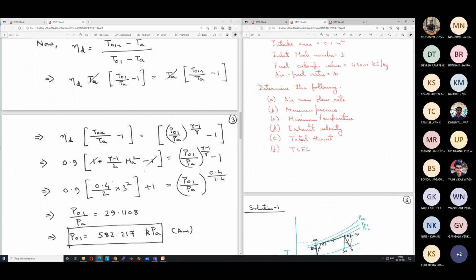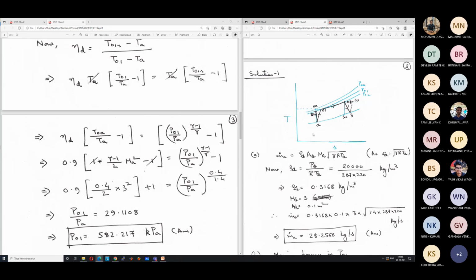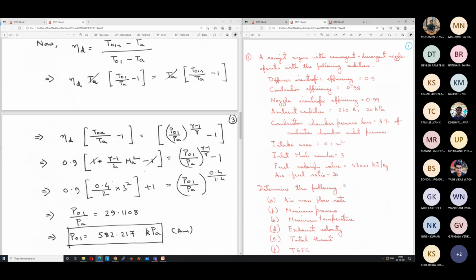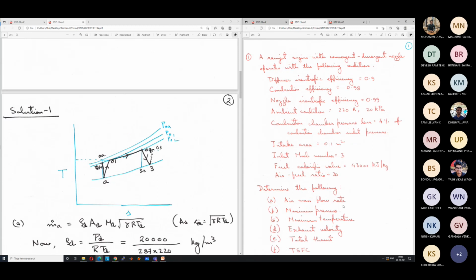Then the question is how to find the maximum temperature. So what will be the next step in the problem? How will we find the maximum temperature? This data is given. This is the diagram. Maximum temperature occurs where? At 02 point, right? From the TS diagram, we can easily see that at the outlet of the combustion chamber, we have the highest temperature. So T02 is the highest temperature. Typically in design problems, T02 will be given, but in this problem, we have to find T02. So how will we find it?